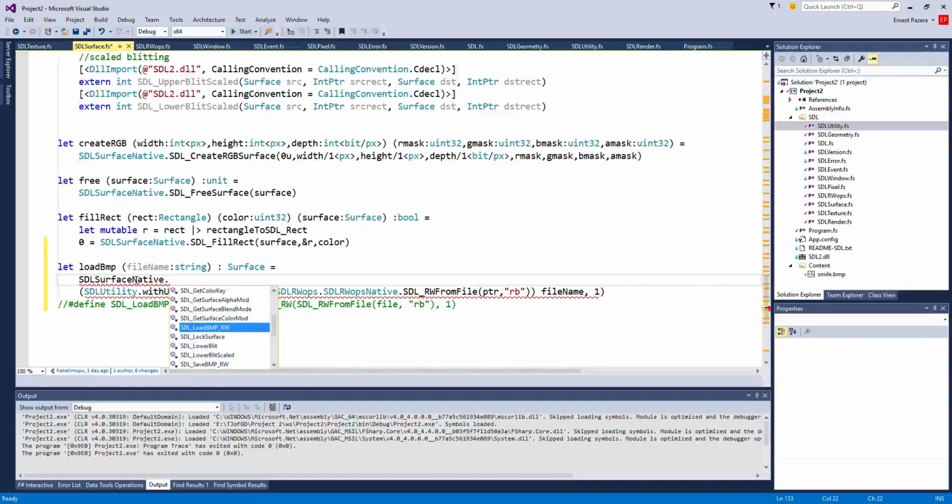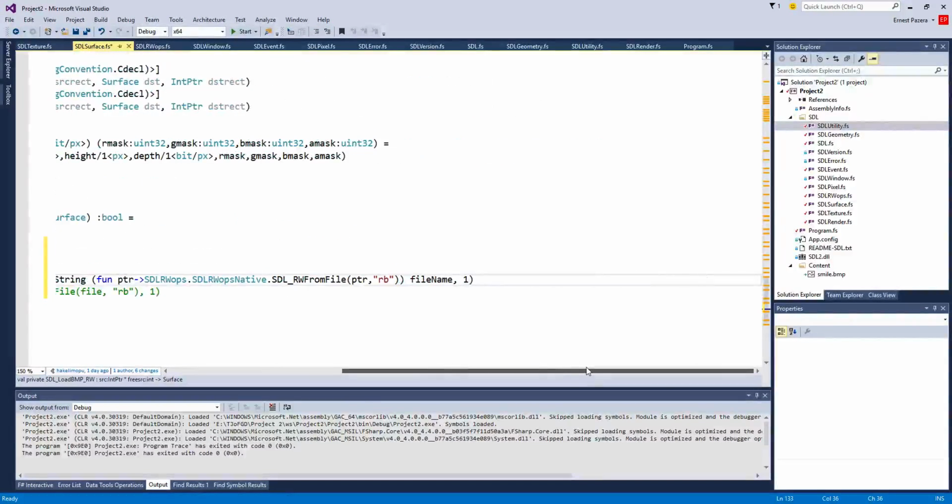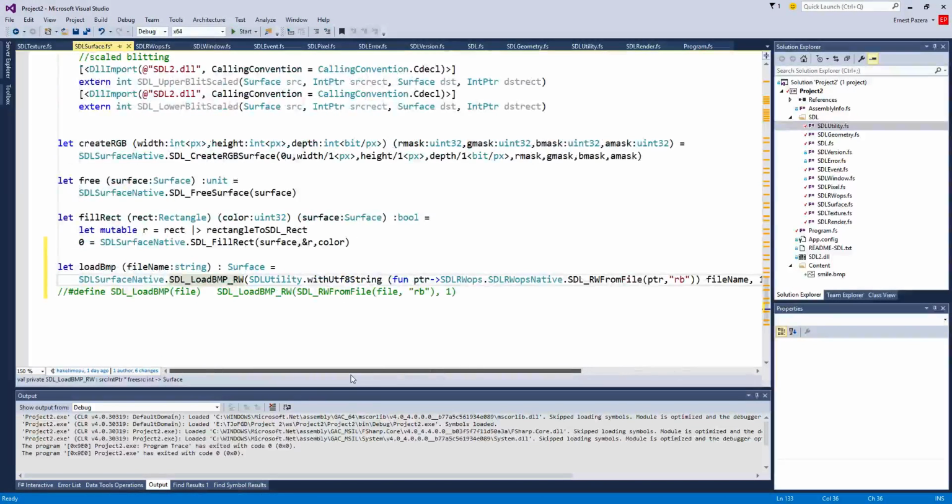dot SDL_LoadBMP_RW, and well, I'm a trusting soul. Obviously, this will work, right? Who knows? And what happens if the file doesn't have what? All sorts of fun and interesting explosions can take place here. But this is the literal equivalent